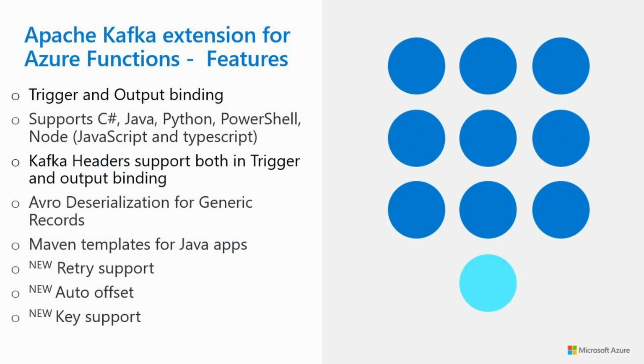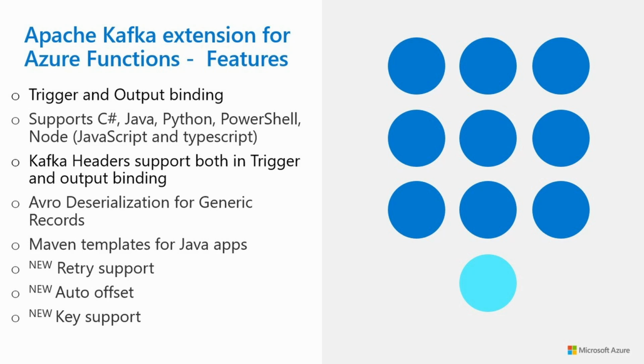So let me talk about some key features powering up the extension. As mentioned earlier, the Apache Kafka extension for Azure Functions was launched in GA during May 2022. This extension will help you to detect and respond to real-time messages streaming into Kafka topics or write to a Kafka topic through the output binding. So you can just focus on Azure Functions logic without worrying about the event sourcing pipeline or maintaining infra to host the extension. Now, let me dig into the key features of the extension.